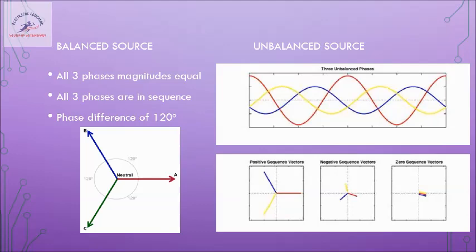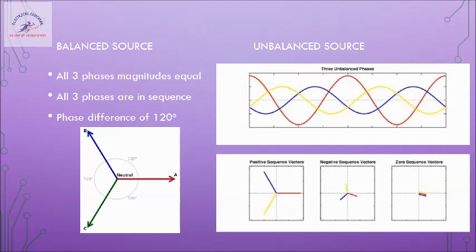And there is another component called zero sequence vectors. This will add up any DC shifts in the waveforms, whether a waveform is shifted up or shifted down. To balance these components, the DC component, we call zero sequence vectors help us. So there is no phase sequence for these zero sequence vectors. They just have a magnitude and a phase angle. They do not have any phase sequence.